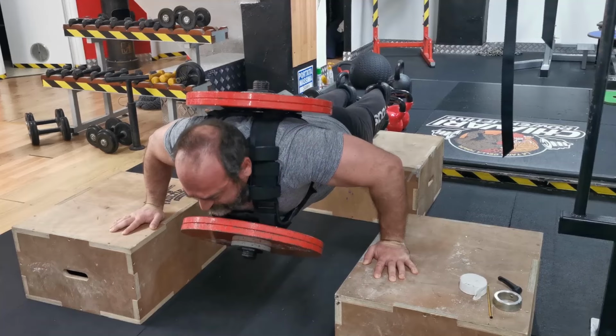Now we'll move on to the less important ones because we don't want to neglect these completely. For the chest, first I've got weighted push-ups. You might be surprised that bench press is not actually the best way to build your chest muscles. It's just a good way to demonstrate your pec strength, but not necessarily the best for hypertrophy. So weighted push-ups